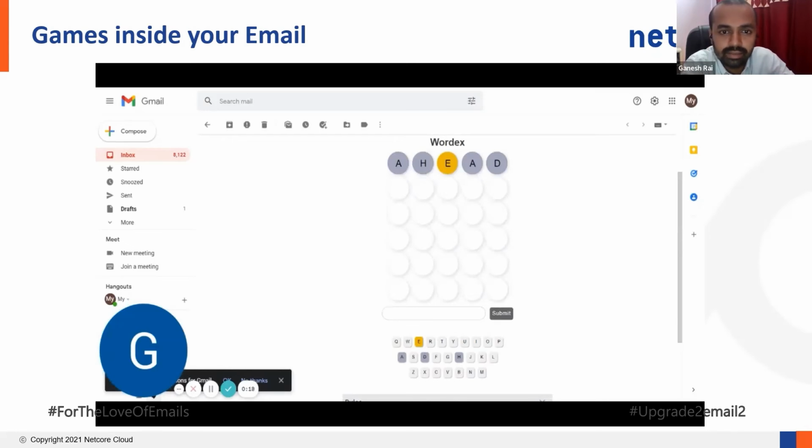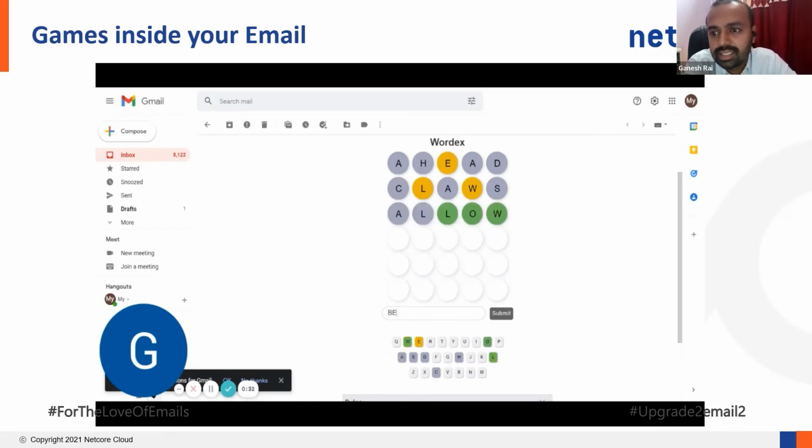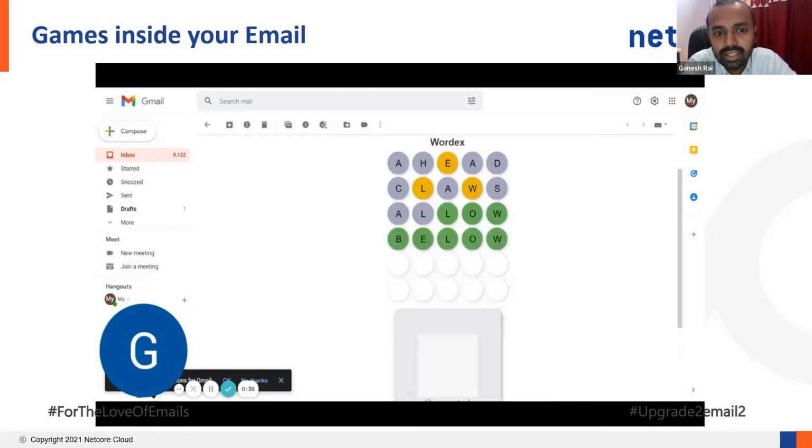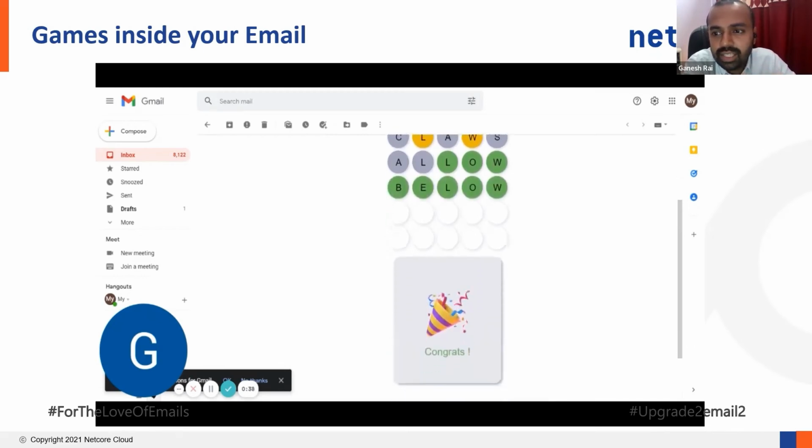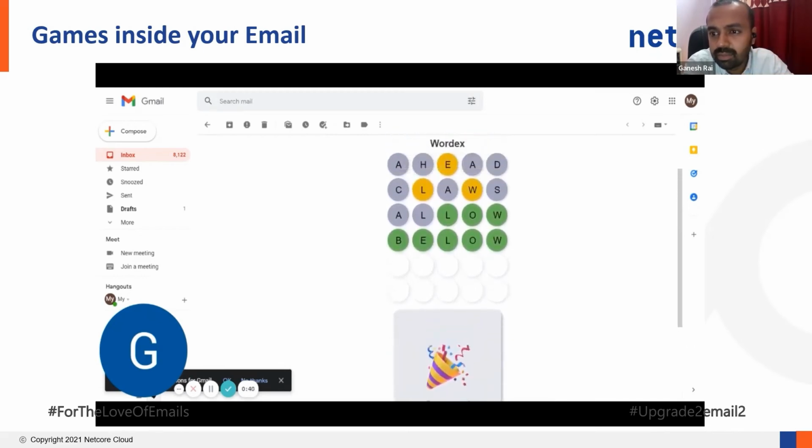This is just a screenshot of my email. But as you can see, I took my first guess. I got one alphabet right. I took my second guess. I identified that L and W are also part of the answer. In my third guess, I know the last 3 alphabets are L, O, W, and then I get my correct answer. And as you can see, we can then change the screen, how it happens in a website,